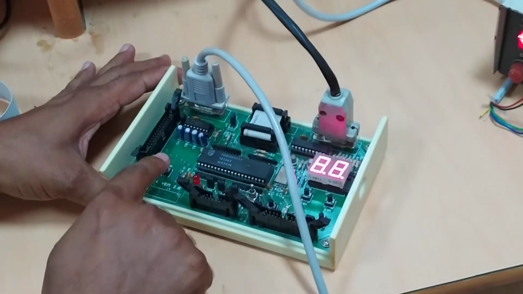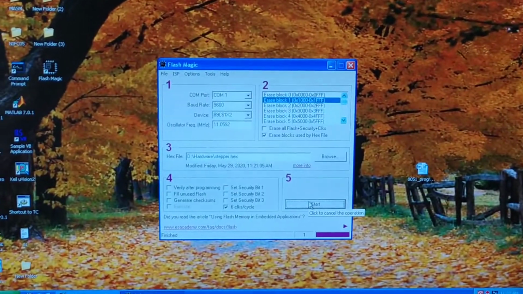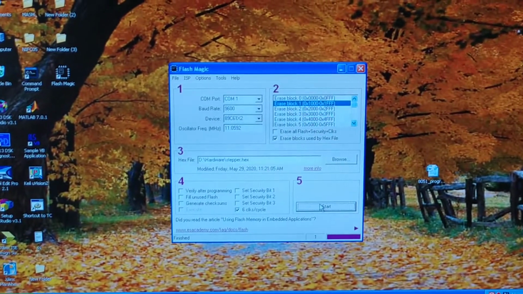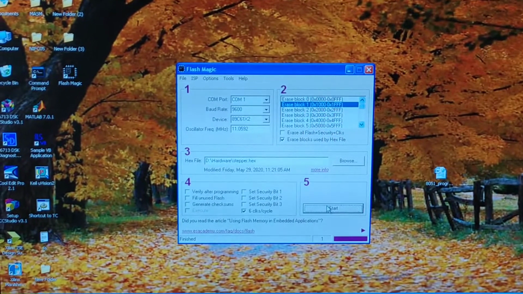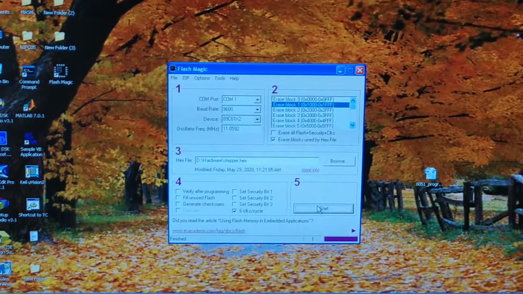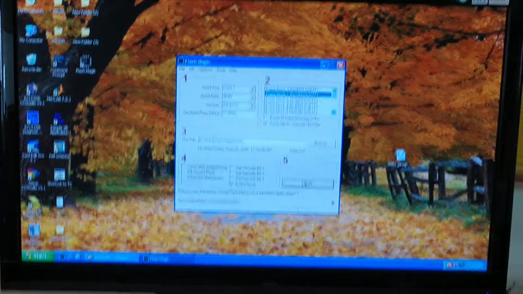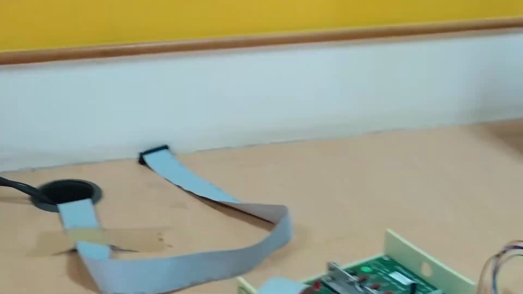So insert a jumper, press reset, then click start. So erasing, programming, and finished. You need to wait for a few seconds. Now program is loaded into the microcontroller board.